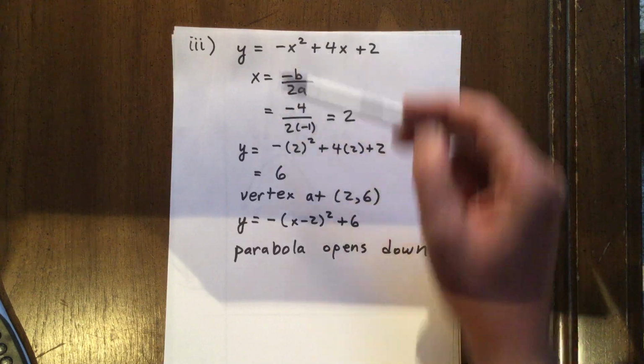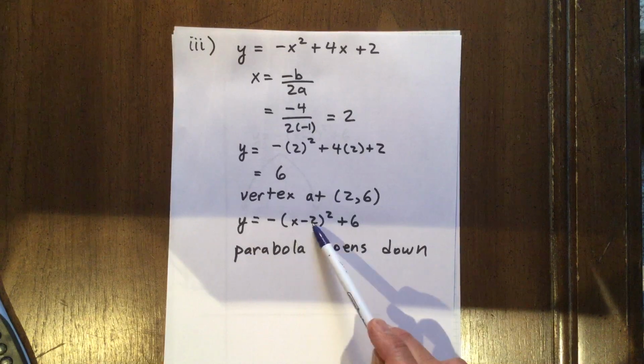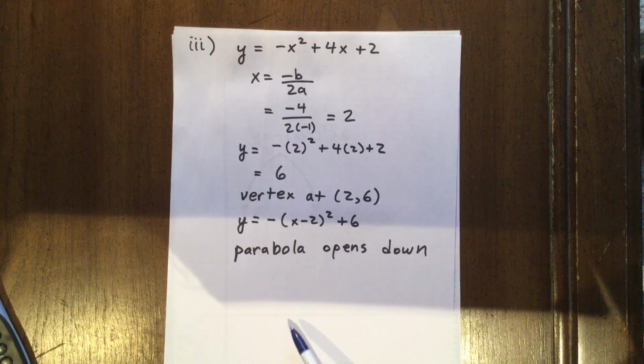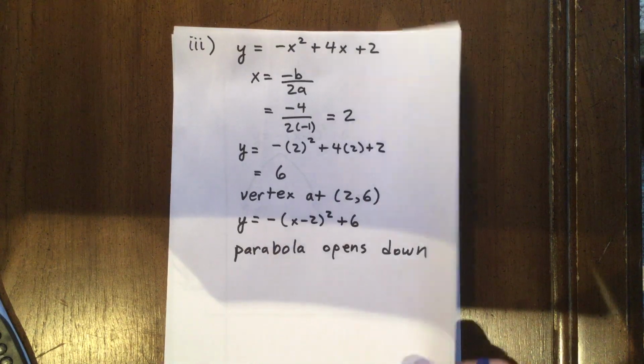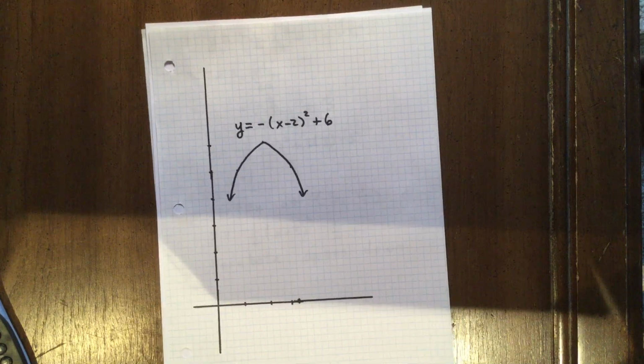I leave the lead coefficient to be negative 1. That becomes x minus 2 in the bracket, and positive 6. My parabola opens down because the lead coefficient is negative. And that's what the graph looks like. And finally,